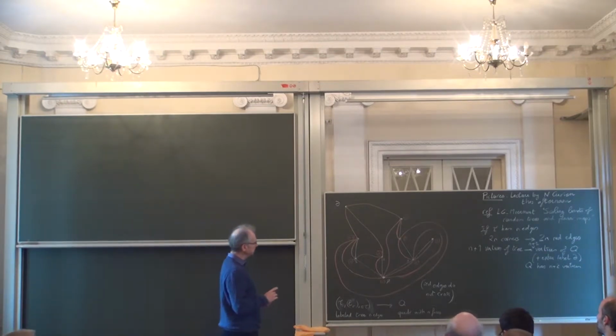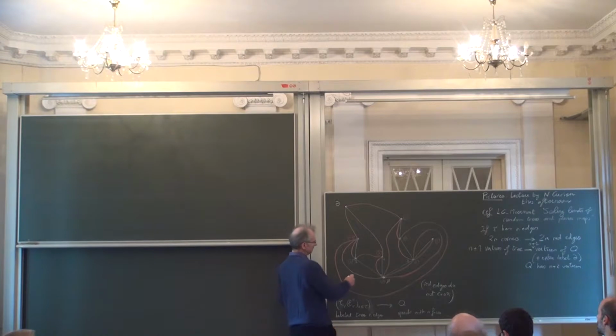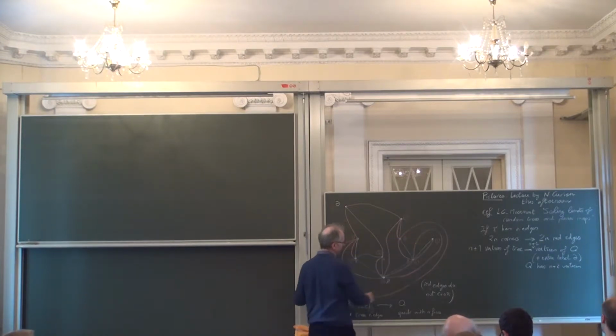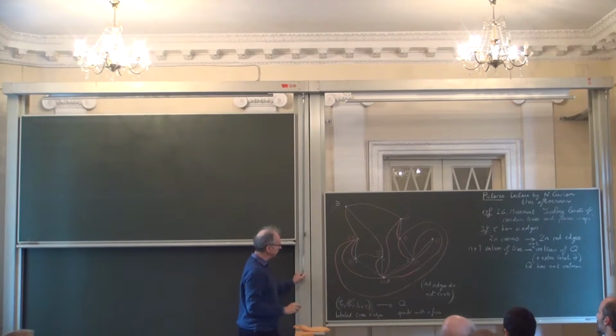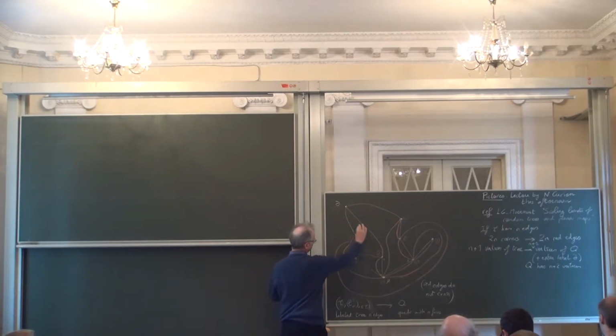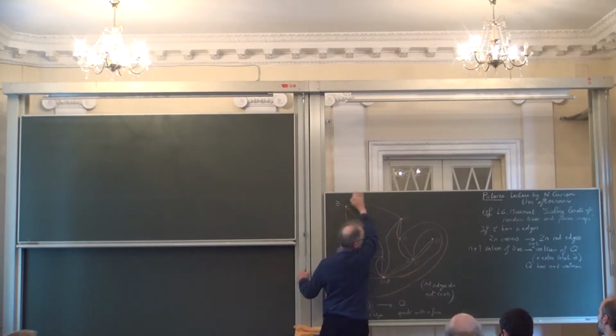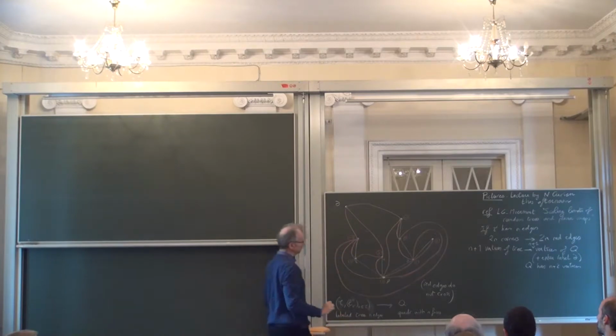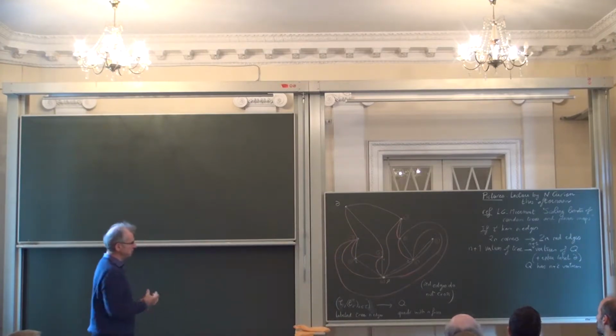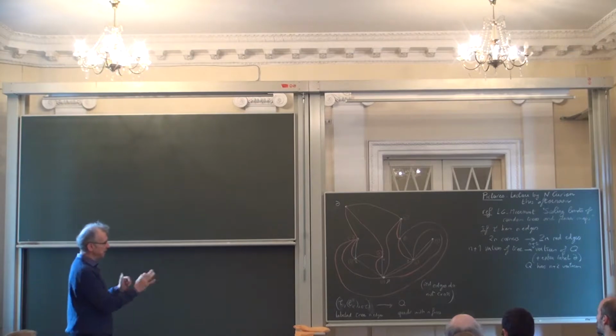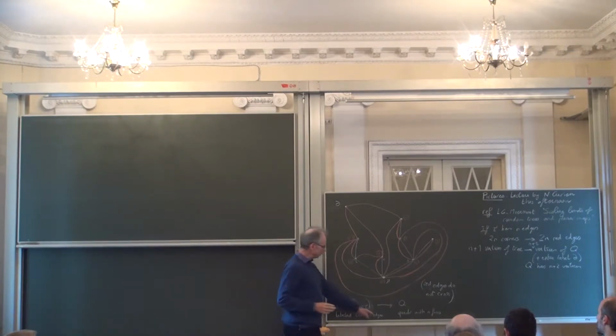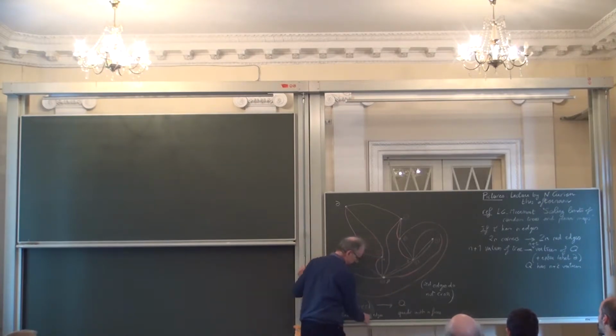Something you may notice here is that inside each face of the red graph, there is exactly one white edge. Take for instance this face of the red quadrangulation. There is just this white edge here. In this face here, you have this white edge and so on. Even for the external one, you have this white edge here. So in the way I draw the picture, edges of the tree correspond to faces here. It's also why you have n faces, because you have n edges here.